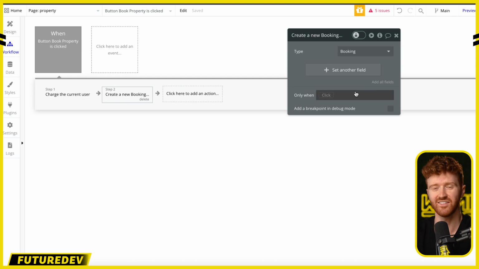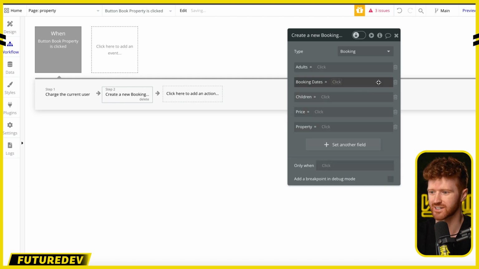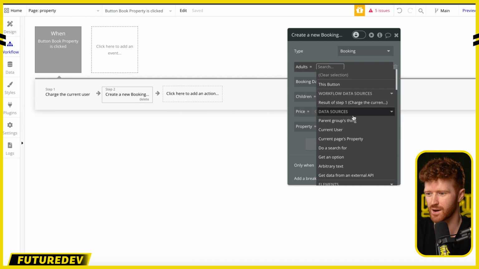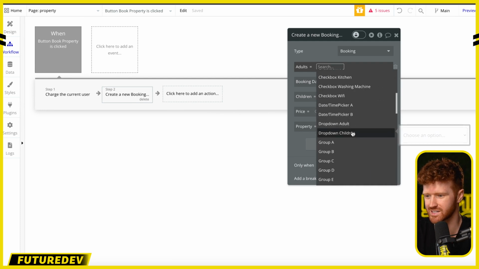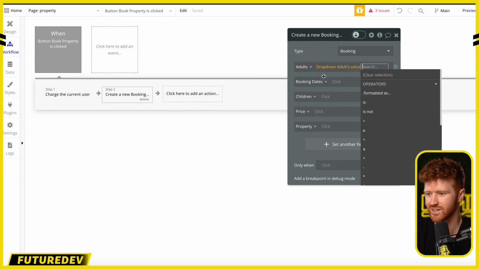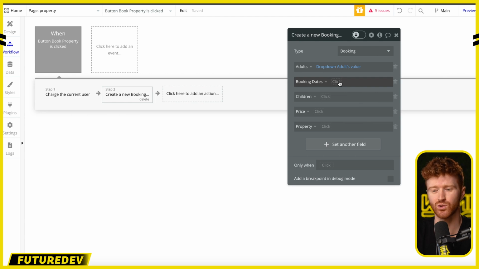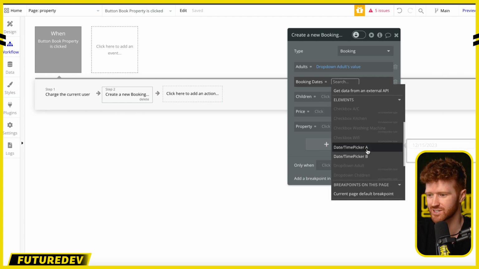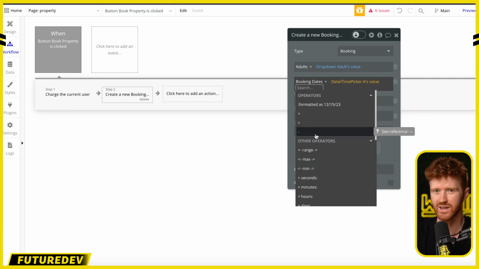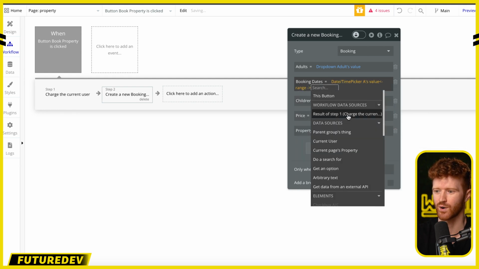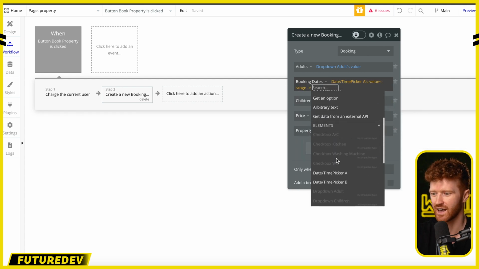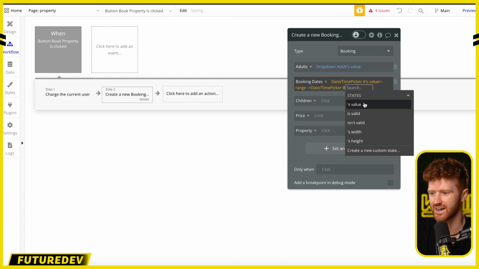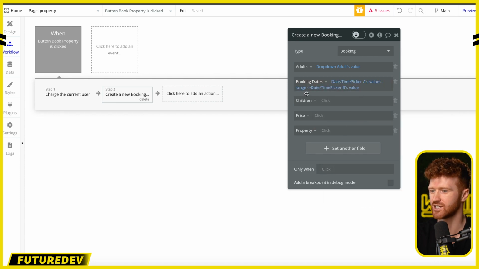So select booking, and then let's add all of our fields. So just select add all fields, and you'll see all the information that we need to capture. So let's select our drop-down information. We can come and select drop-down adult, select its value. For the booking dates, we're looking for that check-in and check-out, so it's going to be a range of dates. Let's select our date and time picker A, and then we can select a range, so a range between those dates. Now we select our check-out date and its value,